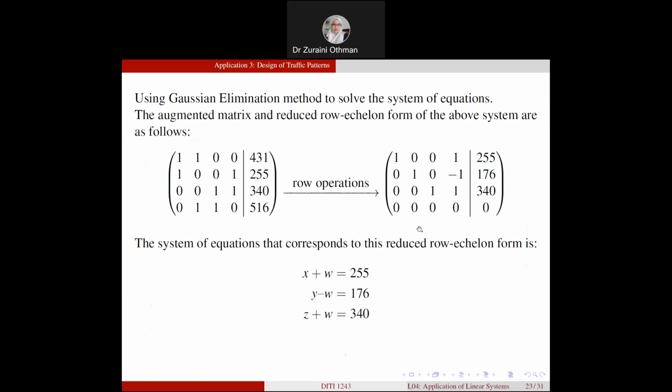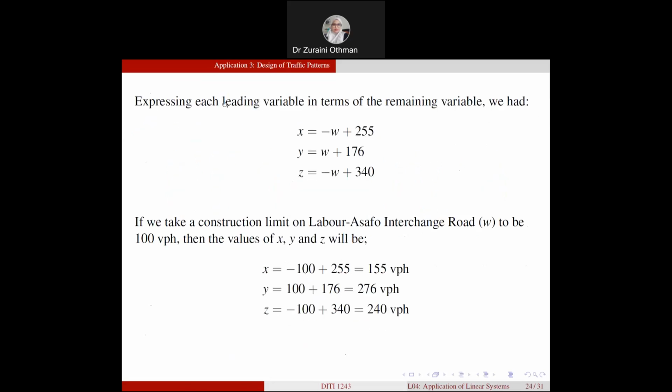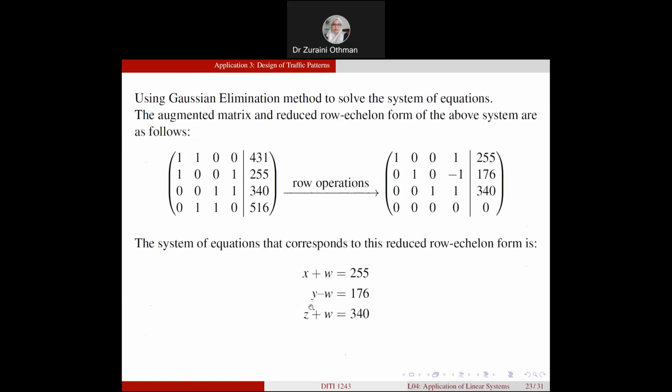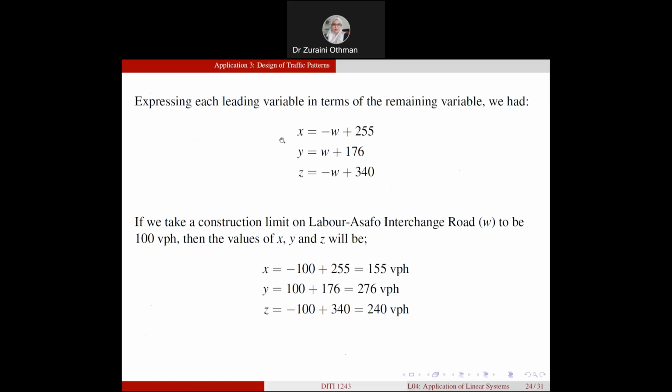Okay, dan selepas itu dekat sini expressing each leading variable in term of remaining variable. Okay, maksudnya kita jadikan X, Y or Z tu sebagai perkara rumus. Jadi W akan jadi ke sebelah kanan. Okey, dia dapat jawapan macam ni. So sekarang kalau kita nak buat assumption, kita kata construction limit on labor interchange road W tu, contohnya kita kata dia limit kepada 100 saja vehicle per hour, then we can know already